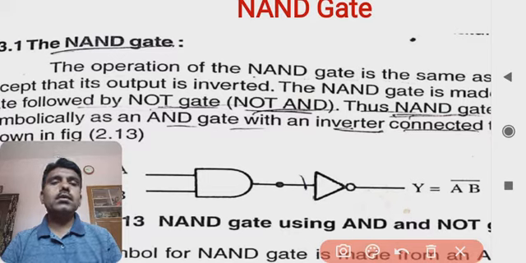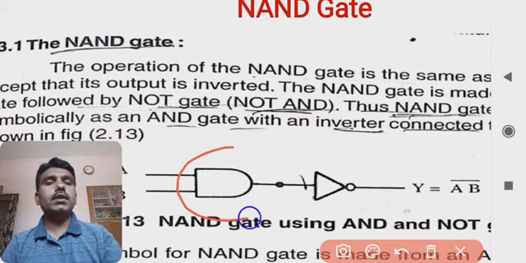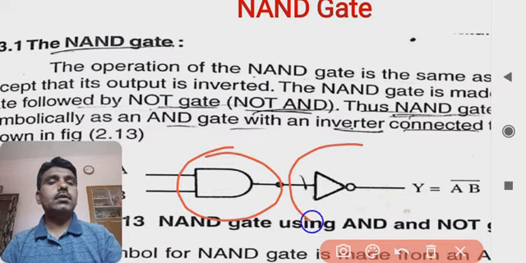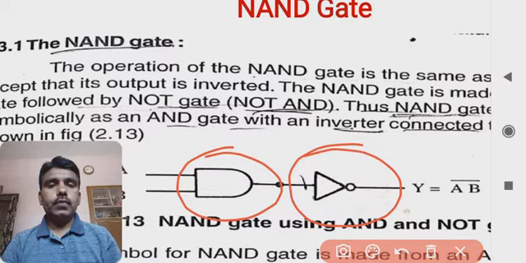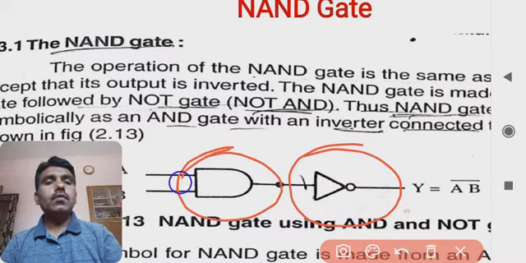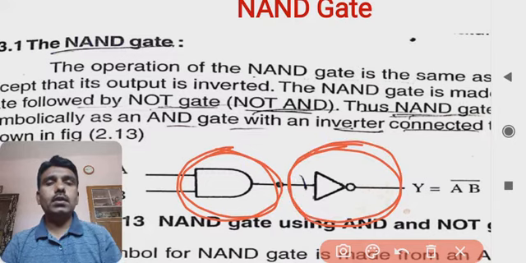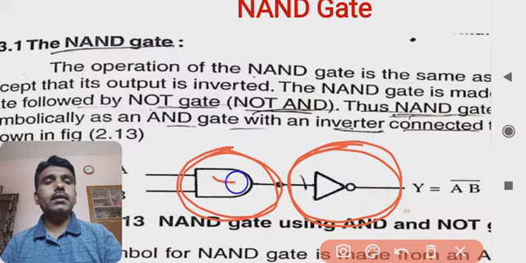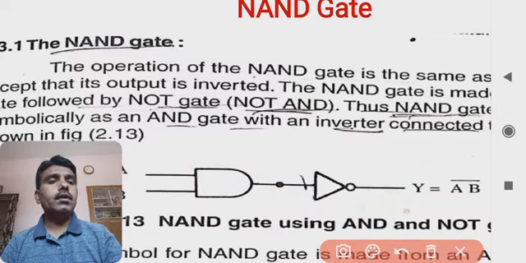But here this NAND gate is made up of two gates, as shown here, the AND gate and the NOT gate. The output of the AND gate is connected to the input of the NOT gate, meaning whatever the output of the AND gate is, it will go to the NOT gate and the result will be like this.